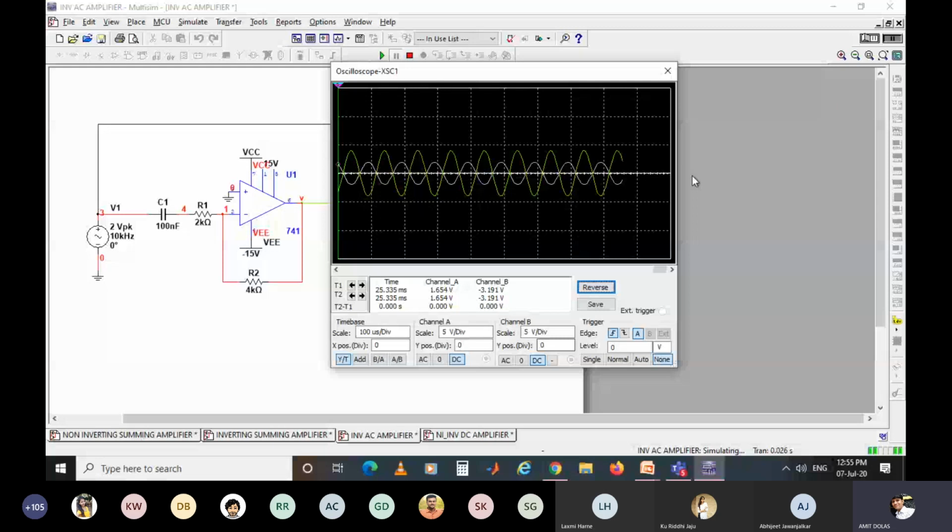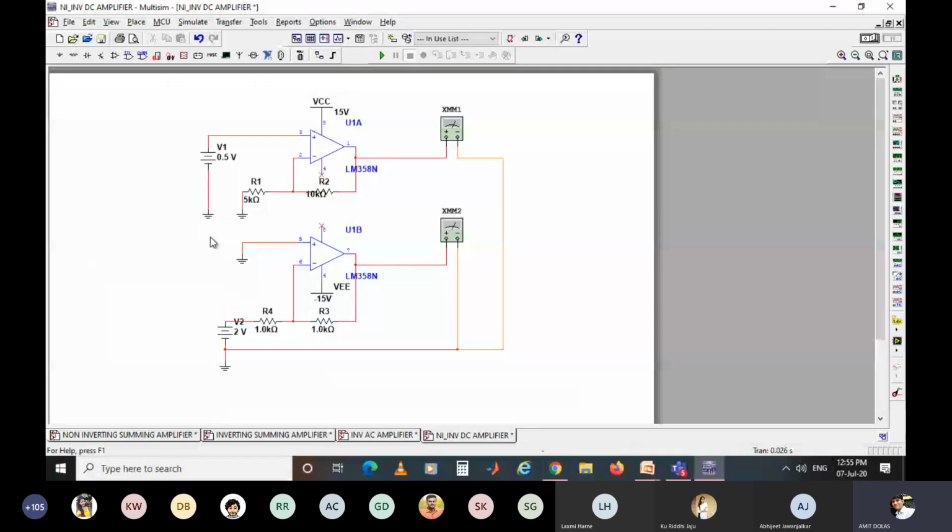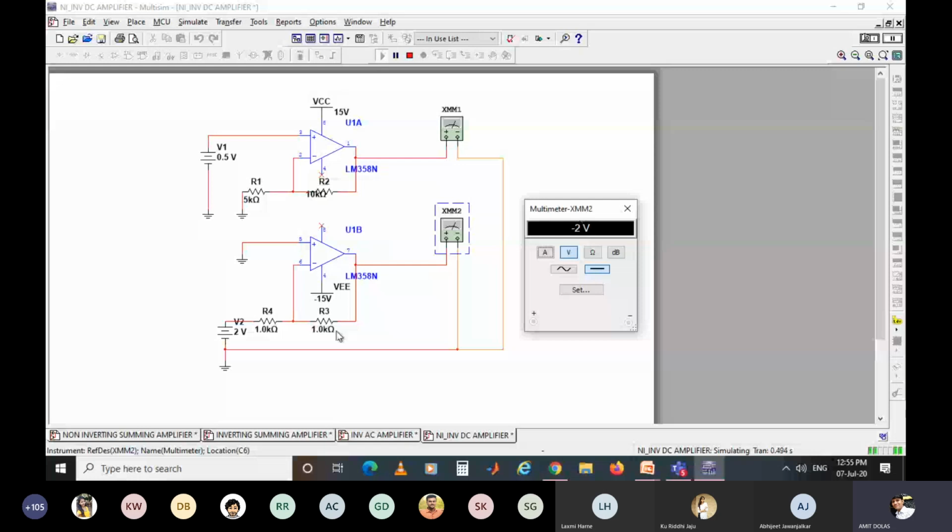And similarly, this was non-inverting. Similarly, on the same, I have connected inverting at the bottom of this circuit, wherein you can see 1K is the feedback resistance, 1K is the input resistance, and inverting terminal is fed by input voltage 2. So gain will be 1 by 1, that is 1. So it will have only minus sign at the output. So minus 2 volt is generated because this ratio RF by R is equal to 1.